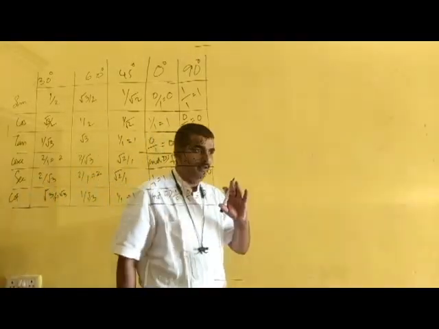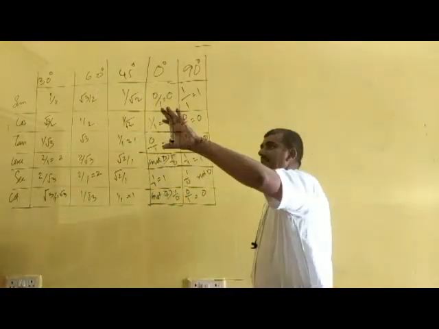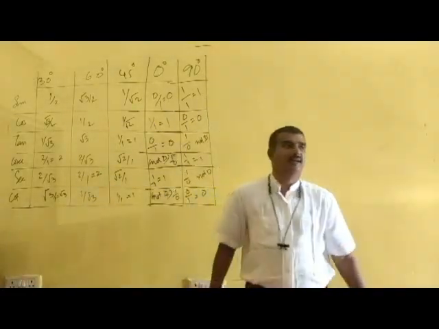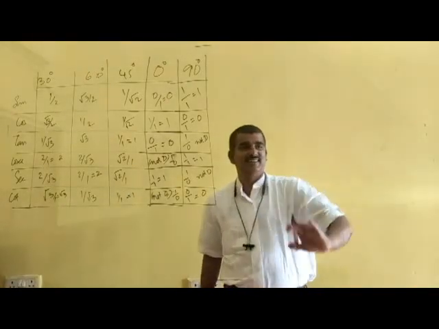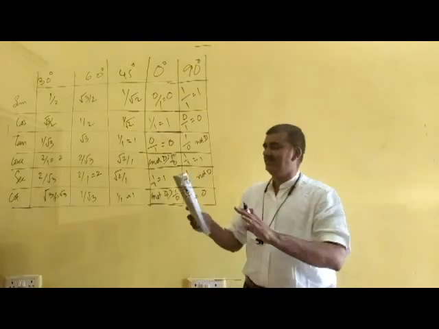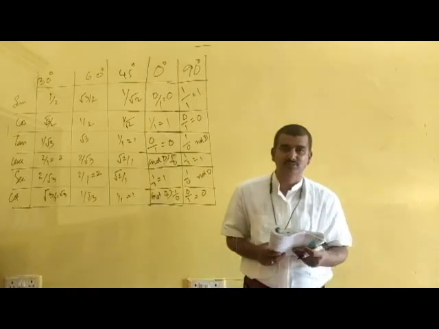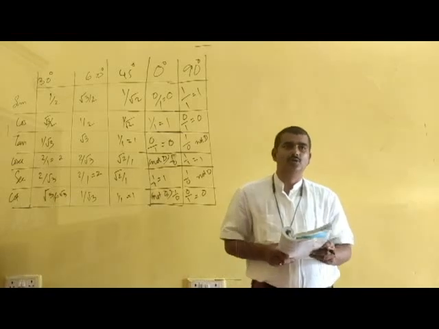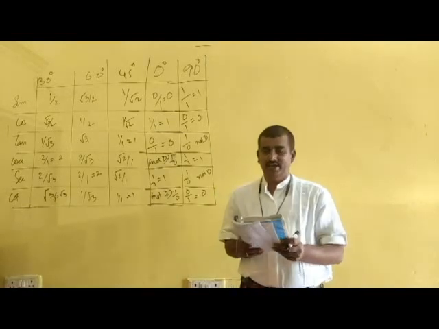Now we discussed everything related with some special angles 60, 30, 45, 0 degree and 90 degree. All values are clear. All concepts are clear, I think. Now it is the time for your assignment. You have to solve the exercise number 8.2 from your NCERT textbook and all the side books which we are using. You have to solve the same area nicely. Then if you are having any difficulty, you should contact me.